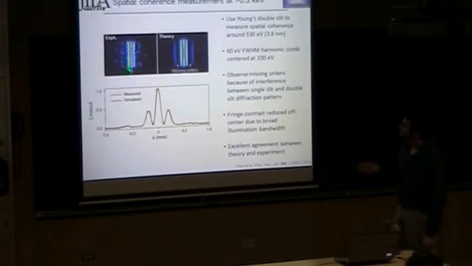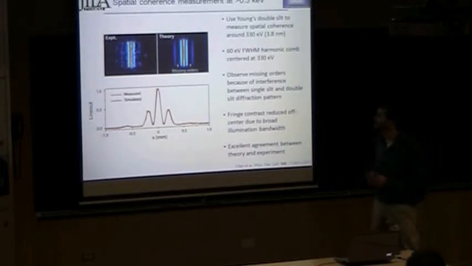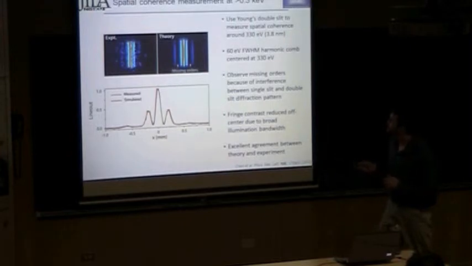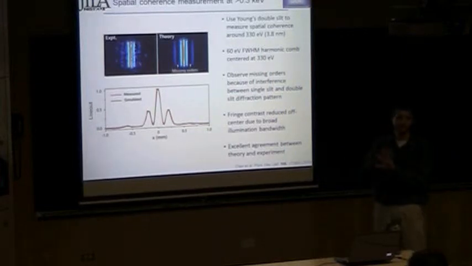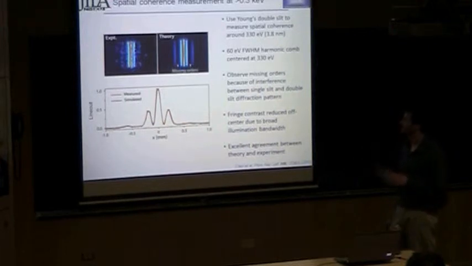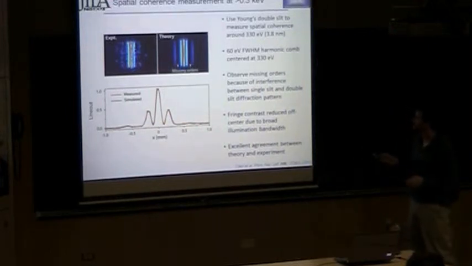And so here is the diffraction pattern we measured, and then we did a simulation of the diffraction pattern, again assuming some bandwidth to our spectrum, and also the right distances to the CCD. And so, by eye they look pretty similar. We see that we're missing these orders here, which is just due to the fact that you're overlapping the single slit diffraction pattern on top of the double slit interference pattern. So this is the first zero of the single slit diffraction pattern.